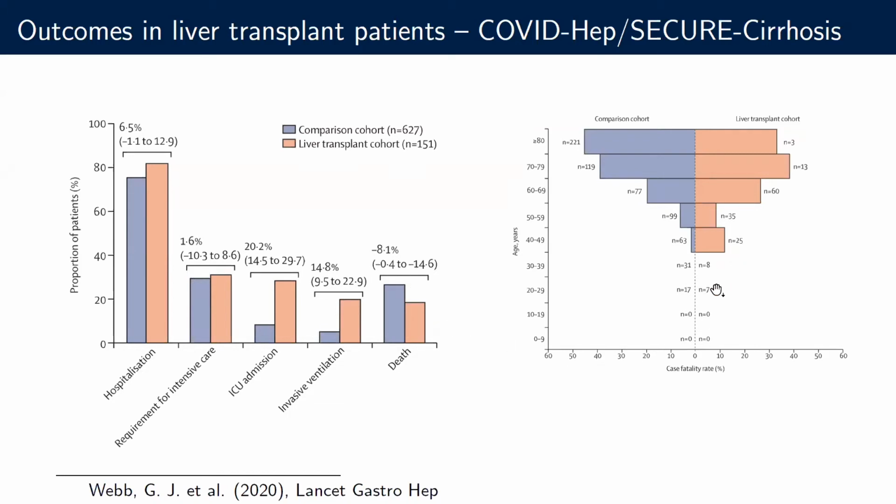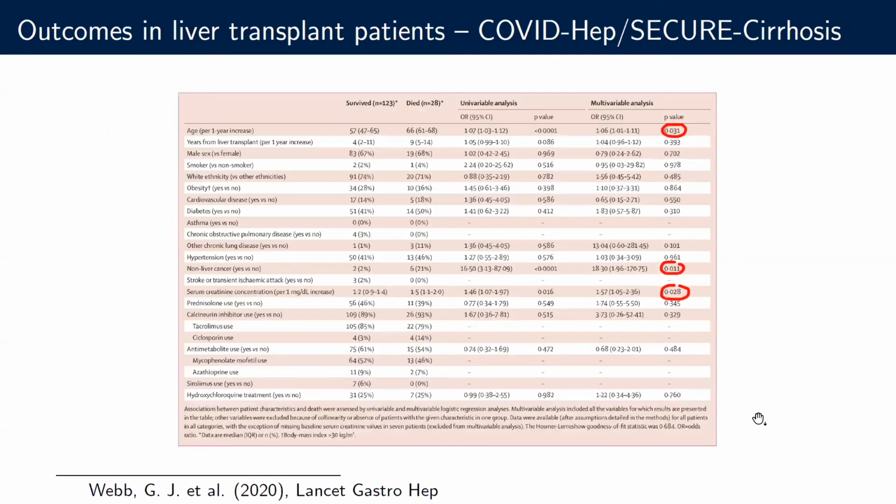If you cast your mind back to the chronic liver disease tree plot, so case fatality rate broken up by age band, you'll see that there's a relatively similar pattern for the liver transplant patients as for those without transplantation, the non-liver transplant patients, the Oxford control cohort on the left. And again, a busy table, but this is the univariable and multivariable analyses for a number of covariables